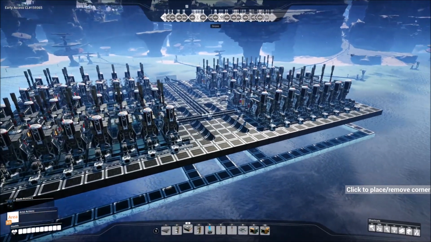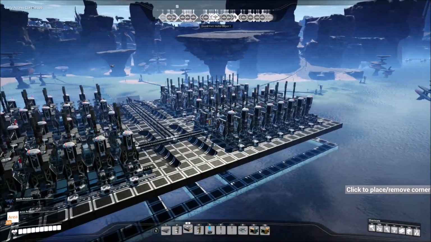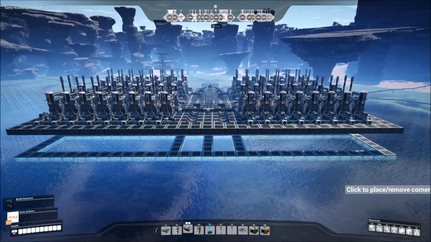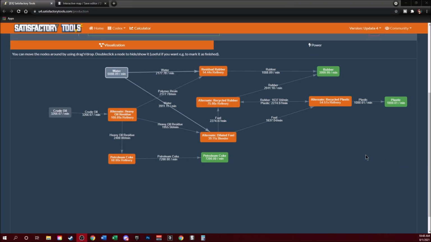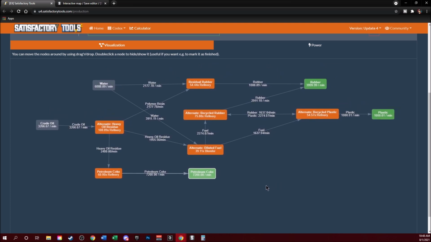The next issue is turning this into, well, rubber, plastic, and petroleum coke. One of the hardest ones is going to be turning this into petroleum coke because if we look at this, where I organize it just a smidgen, I need about 60 refineries to make about 7,200 petroleum coke a minute, which I guess is not the end of the world. It could be worse. So, 60 refineries, but that's 2,400 heavy oil residue,